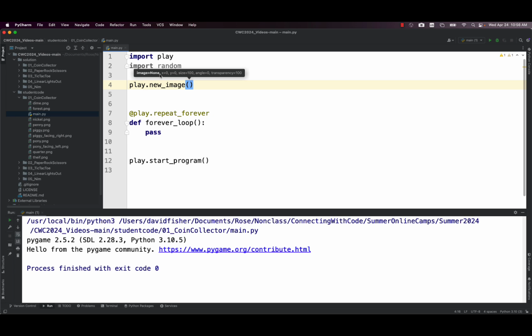And so it's hard to understand everything when you're just getting started. So I am perfectly happy if you can just successfully get it to run. So the file that I want to bring in is the file forest.png. And so you can see that that's a file over here.